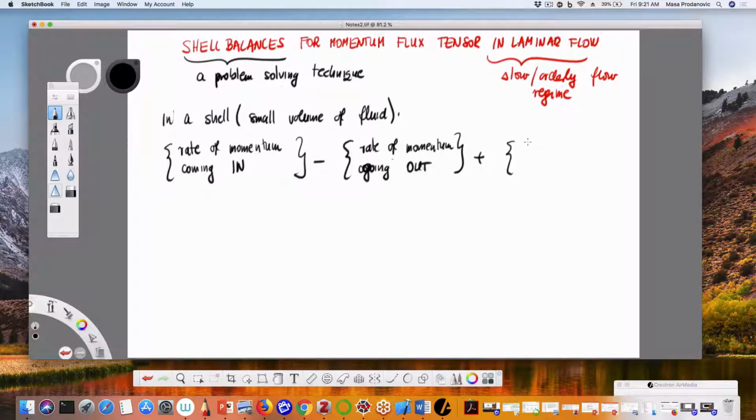Gravity is one such thing. So body forces acting on the element or shell. So that has to be equal to the rate of any accumulation inside,